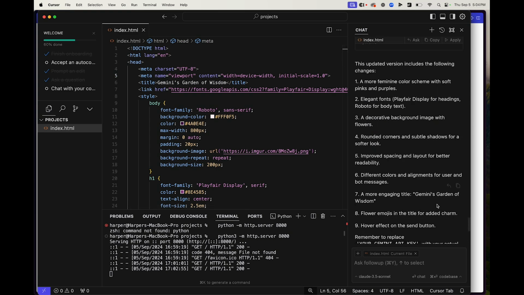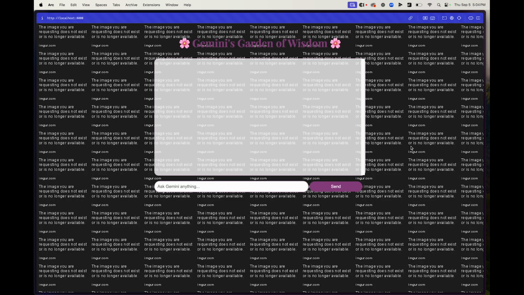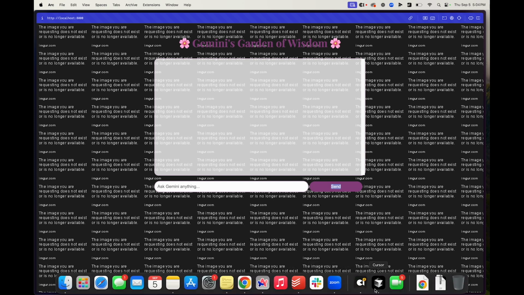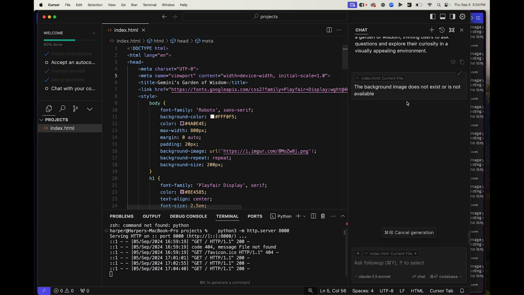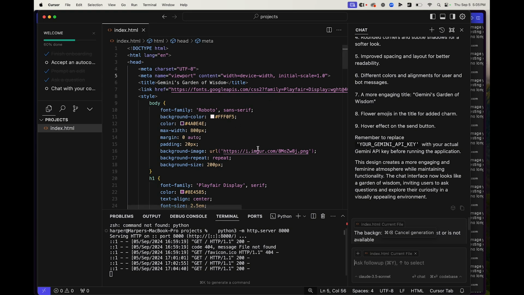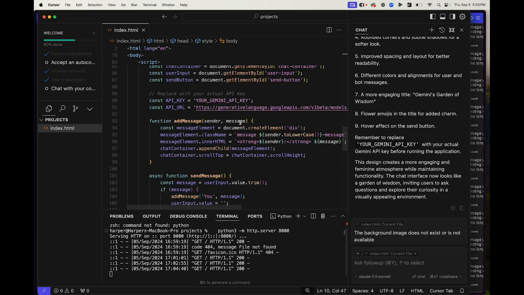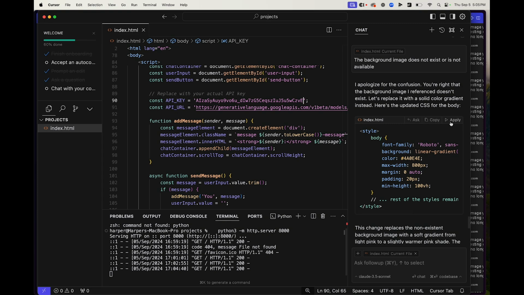Gemini's Garden of Wisdom. Ooh, that gives me an idea. Flowers. Nice. Oh, wow. The image you're requesting does not exist or is no longer available. Let's say, okay, the background image does not exist. Oh, and then you have to, once again, replace your API key, because every time it redoes the code, it gets rid of that. So